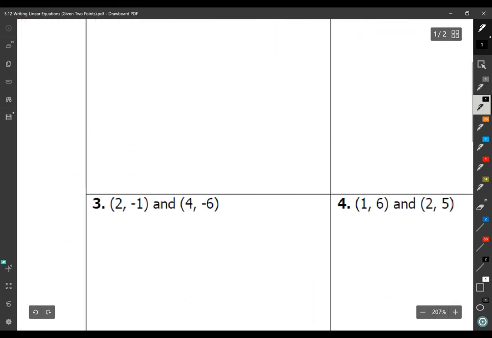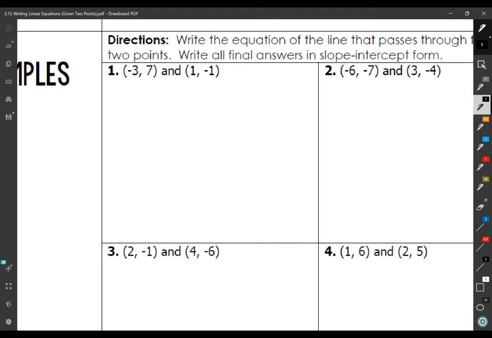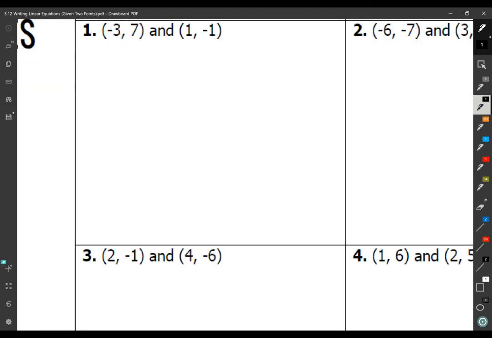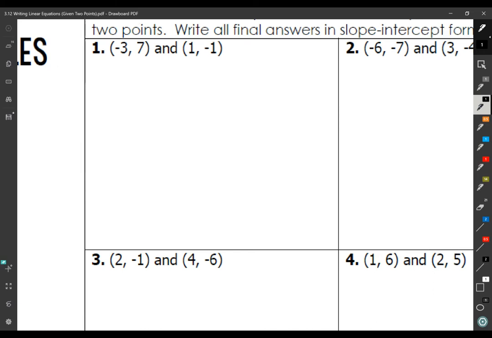So our first question is we have these 2 points and we want to know the equation of the line that would join these 2 points. Okay, so step 1,